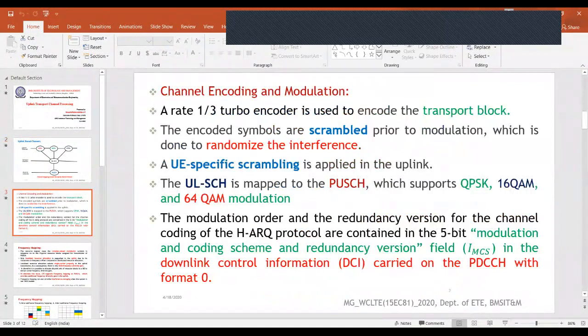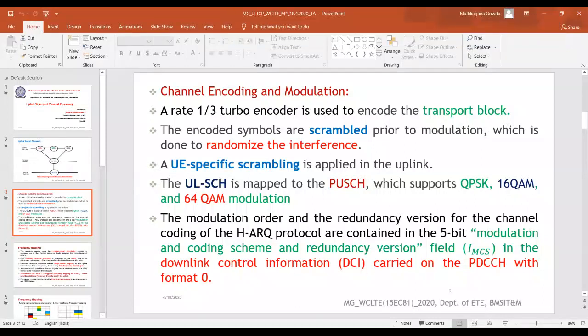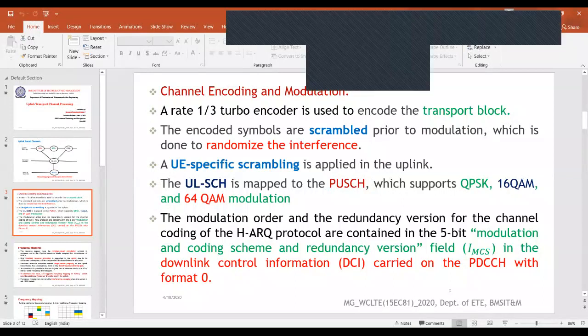And let us see what type of channel encoding or modulation is used for each type of channel. As I said, the channel encoding technique used is the 1/3 turbo encoder. The rate of the code is 1/3, and it is used to encode the transport block.